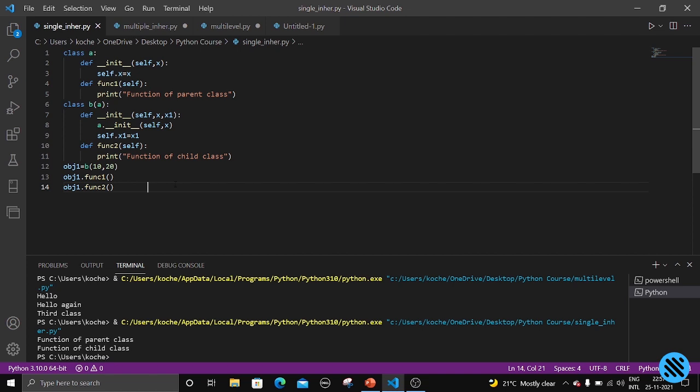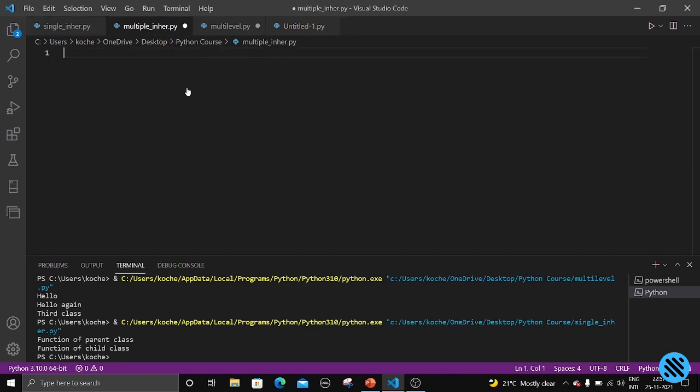Okay, and if you create an object for the parent class and you want to access the functions or the stuff present in the child class, it is not possible. Okay, you need to create an object for the child class in order to use the things present in the parent class as well as the child class. Okay, so this is single inheritance, and now let us see